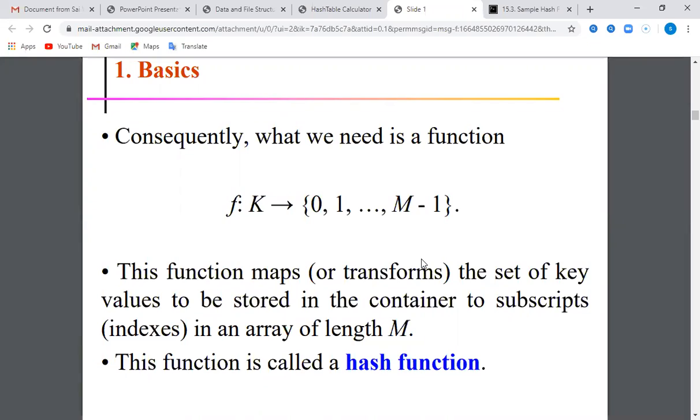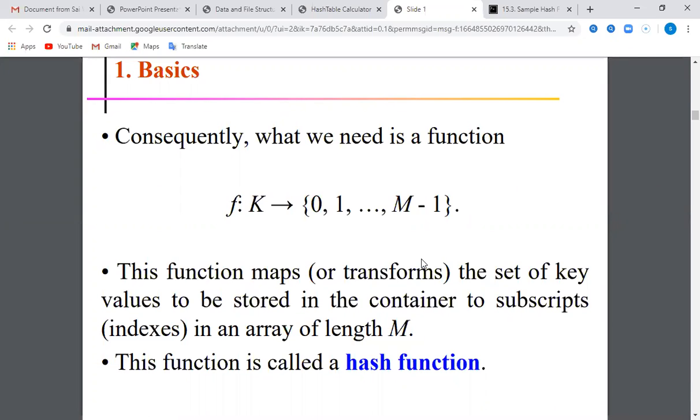It is a function that we apply on the key, that is k, and we get some resultant output value, which is the index where we are going to store into that hash table. So that is the hash function.